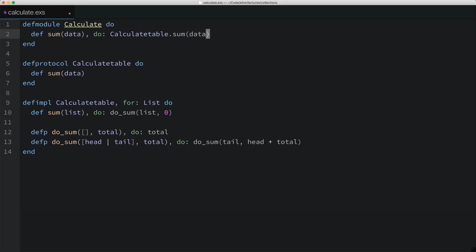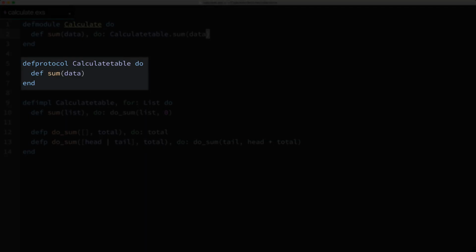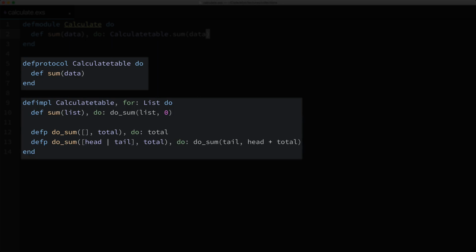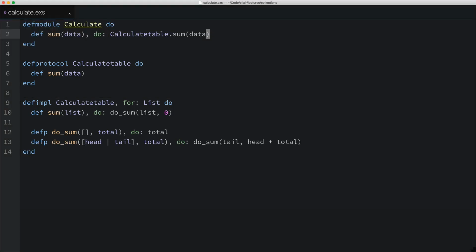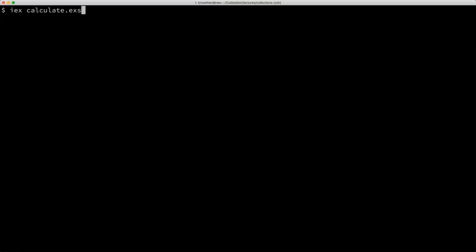Okay, so in summary, we created a new protocol here. We then created an implementation of the protocol for lists here. Then we're calling the sum function via the new protocol here. Let's try it out just to see if it's working. So I'll open up IEX, including our script, and I'll call our sum function, passing in a list of numbers, and it works. Cool. Now our sum function won't work with a tuple,